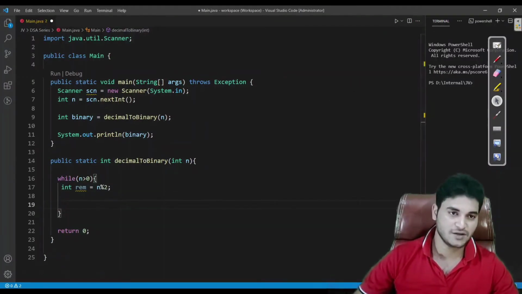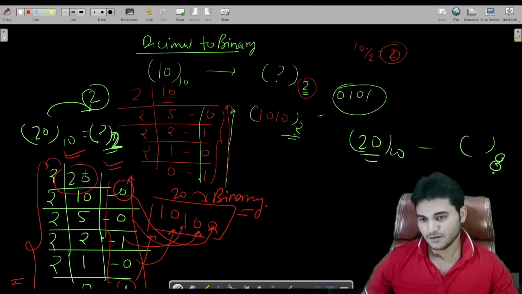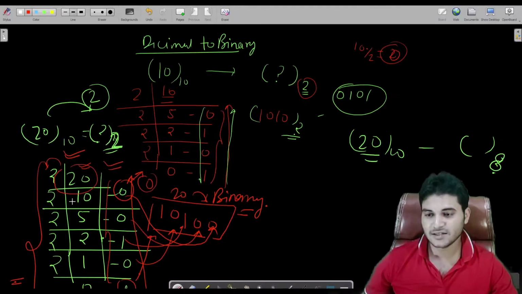If you see here, in the first iteration we divided 20 by 2, and by dividing by 2 we get 0 as the remainder, and in the next iteration we divided 10, not 20. So we have to decrease this 20 into 10 also. How do we decrease this? We will divide it by 2, because dividing 20 by 2, we get 10.